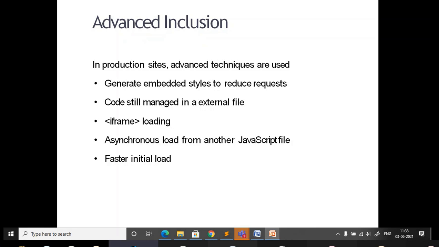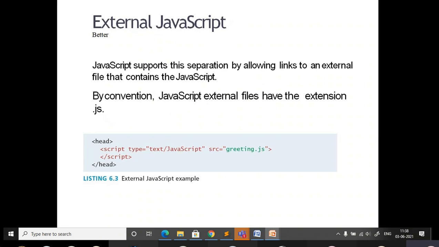Ma'am, any YouTube video we can call and use it in HTML, to access that particular video from the internet. Yes. So when you want to include any media, in such case we can use this iframe tag. We'll be discussing this part in detail in the DOM, that is document object model, and how it can be used. These are all advanced things we'll be learning in later classes.